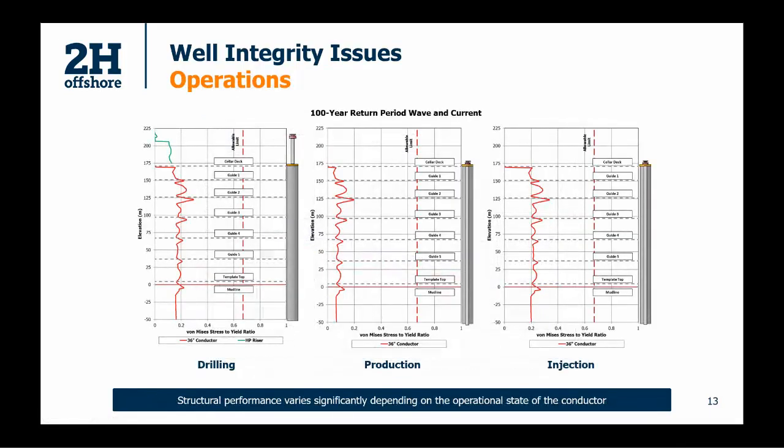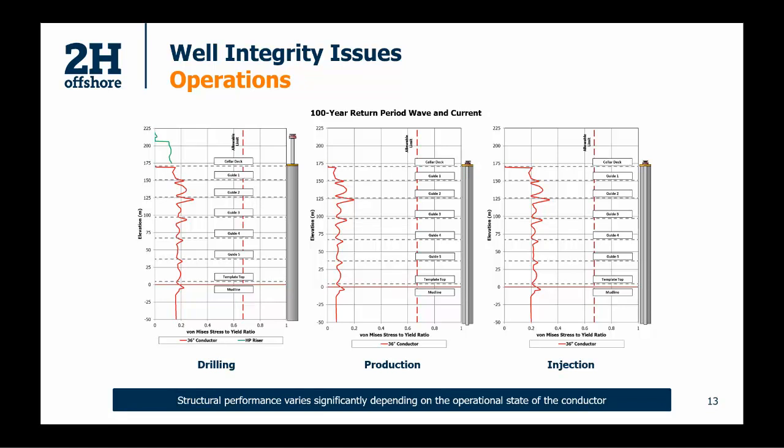So I also mentioned earlier that it matters what operation you're in, and particularly the thermal effect that's associated with those operations. This is looking at a stress utilization plot for drilling, production, and injection as you go left to right. Because we don't expect to see much bending below the mudline, if you're looking in this region, this is the stress utilization essentially purely down to the axial aspect. So you can see that for drilling, you're looking at a utilization of around 0.18. As we move into production, that drops to just a little under 0.1, and that's because we've reduced the compression in the conductor, so there's a lower axial utilization.